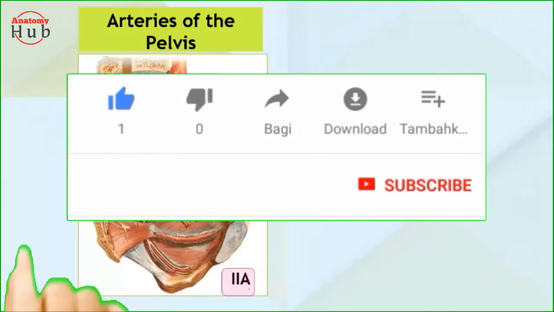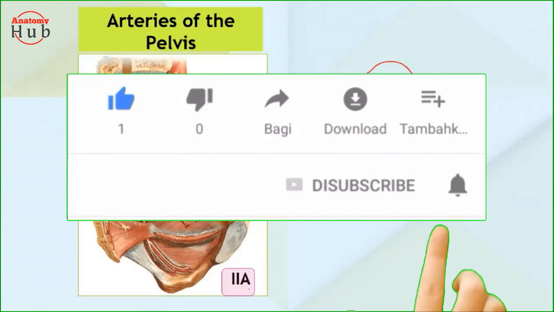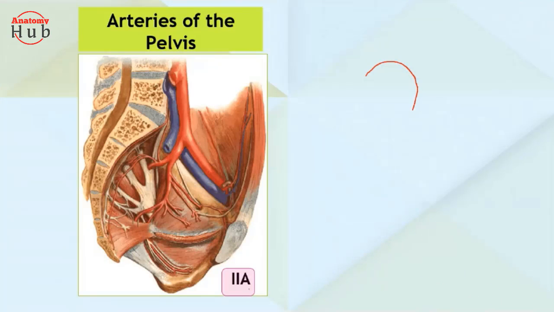So today we'll see the arteries of the pelvis. The arch of aorta over there. Then from this arch of aorta, you'll get the descending thoracic aorta that runs downward and toward the vertebral body over here. Okay. Then at this point, you'll find the dome of the diaphragm over here, right?